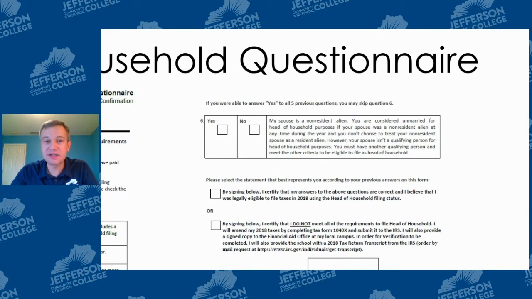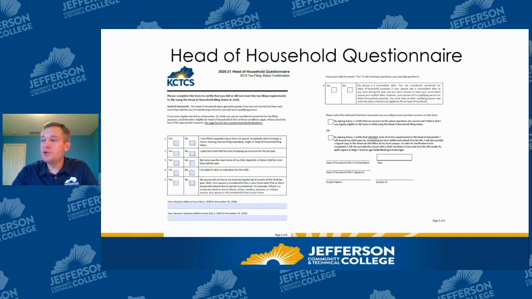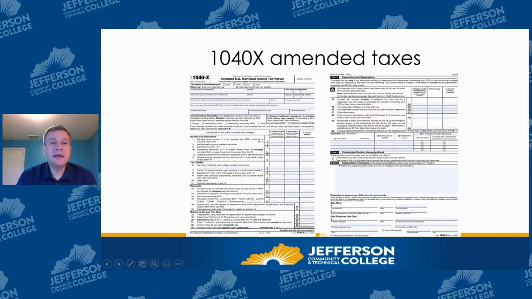If your spouse was a non-resident alien at any time during the year and you didn't choose to treat your non-resident spouse as a resident alien, however, your spouse isn't a qualifying person for head of household purposes, you must have another person and meet the other criteria to be eligible to file for head of household. If you are not able to answer yes on all 5 questions or question 6, if your spouse is a non-resident alien, then you may need to amend taxes before financial aid can be awarded. If we request an amended tax return,